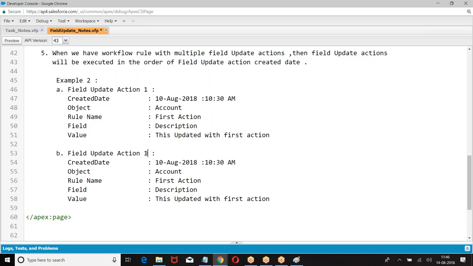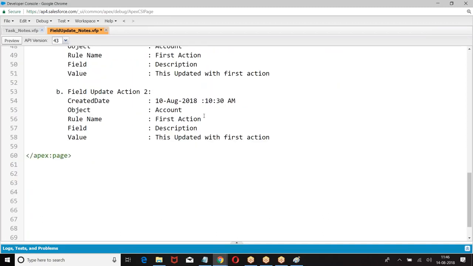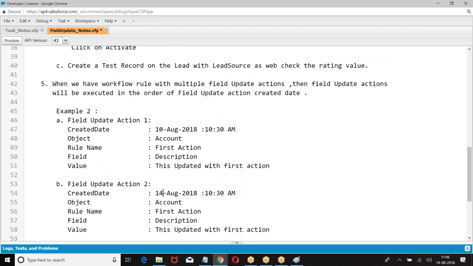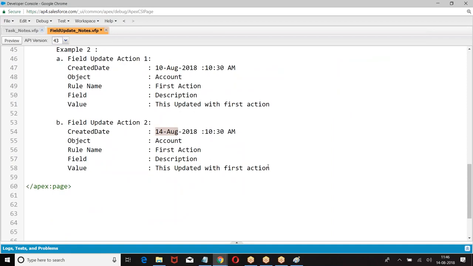Field update action 2. That was created on 14th August. This is the first action created was on 10th. Second action was created on 14th.